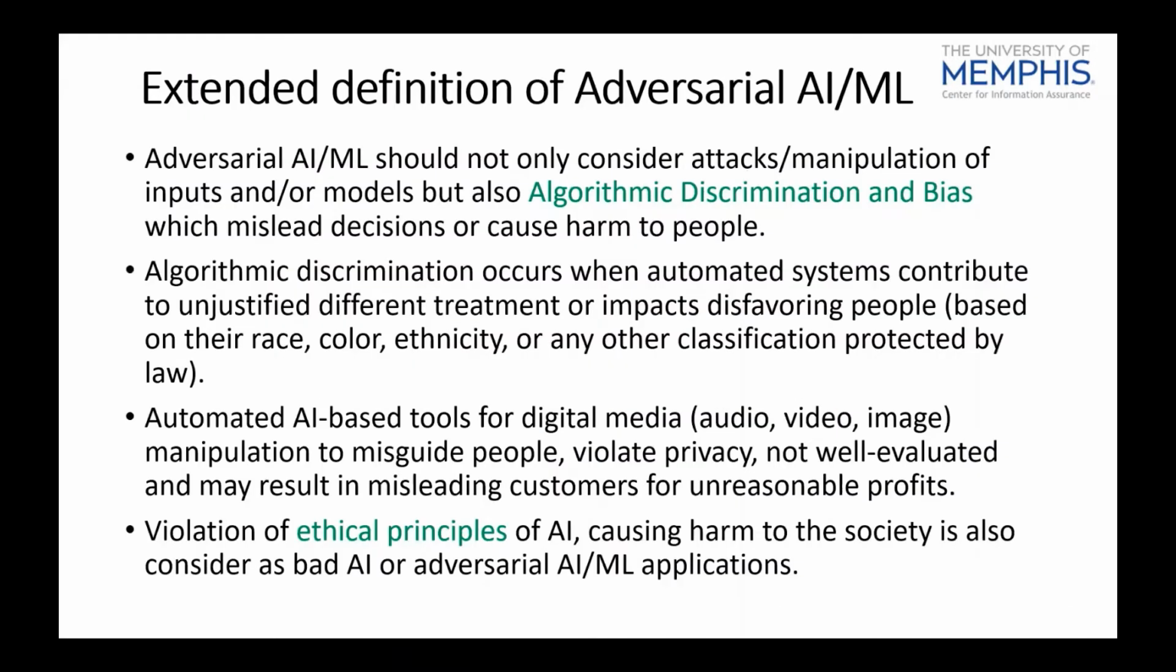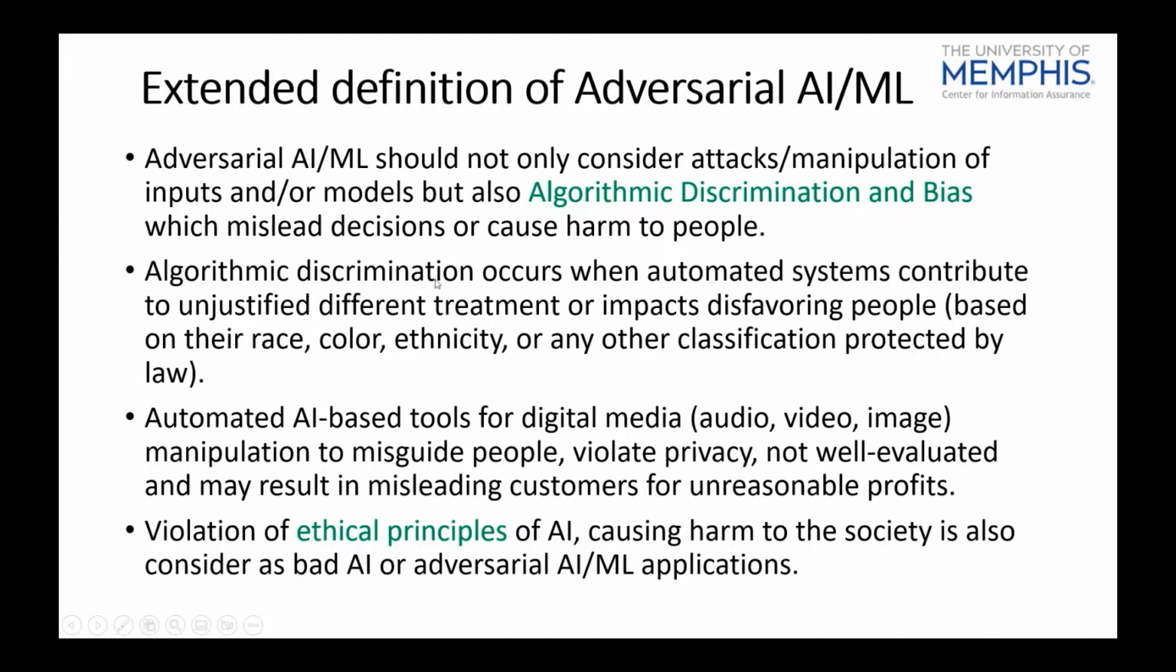So now, with looking at all these things, I extended the adversarial machine learning definition with the following points. Adversarial AI/ML should not only consider attack and manipulation of inputs and/or models, but also algorithmic discrimination and bias, which mislead decisions and cause harm to people. So the extended definition for adversarial AI/ML should include algorithmic discrimination. And if we go further, an explanation of what is algorithmic discrimination: